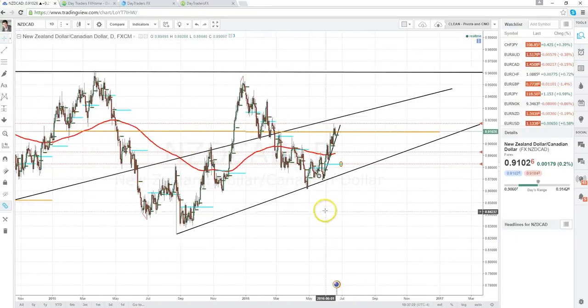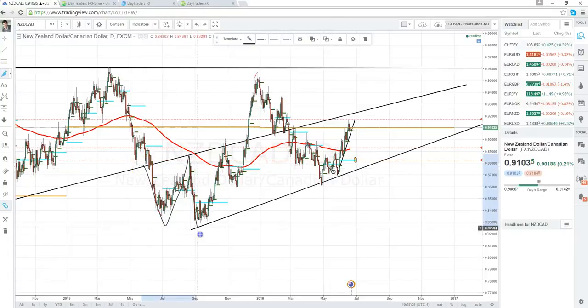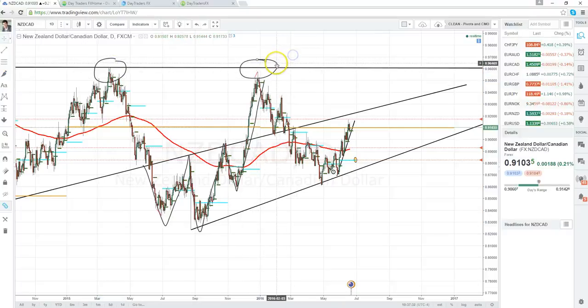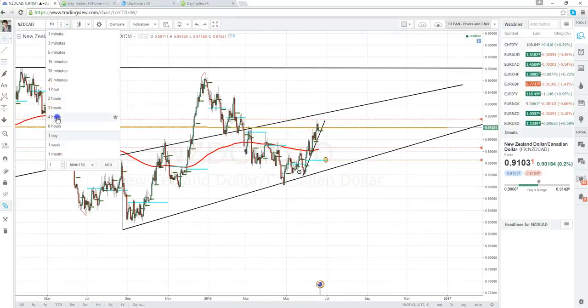What I thought was interesting on this currency pair is after we broke this trend line, we had a nice little bullish pattern that pushed it right back up. But we failed once again at these highs on the New Zealand CAD, and we came right back down to below that really significant trend line. Now, I don't think this is a pair necessarily to rush into, but what I'm looking for this particular Money Minute video or this week